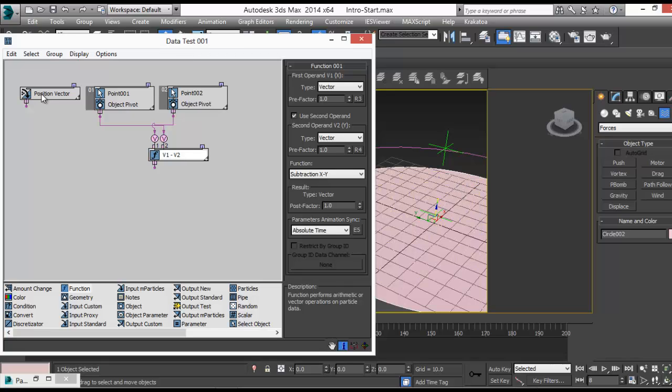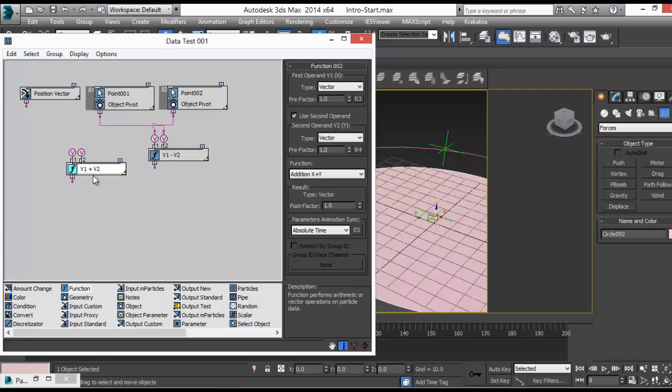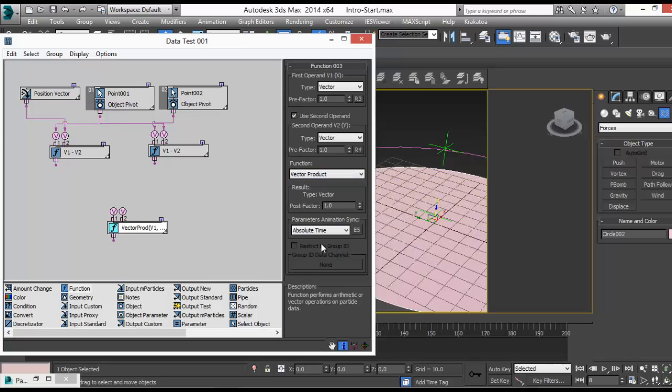So how to get the other axis? We have here this point and the particle's position, which is exactly the same. We say subtract the first point from the current position. Okay. Right now we have two vectors, a vector here and a vector here. So if we right now apply a function, and apply the vector product or cross product,